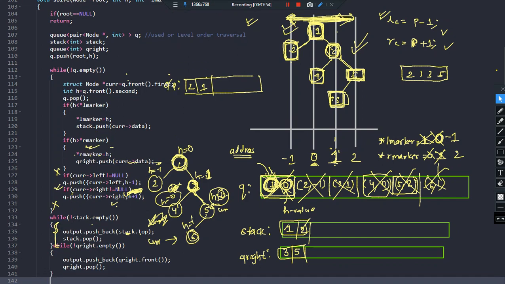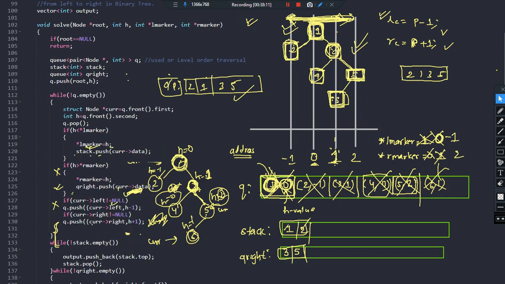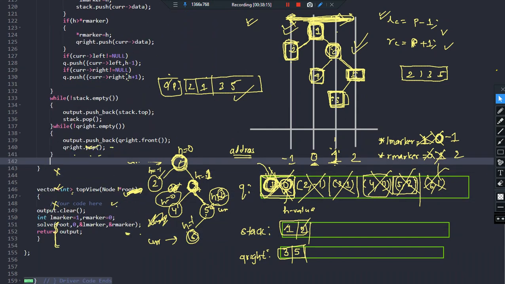That's it. So this way we will be successfully able to pop these elements 3 and 5 and insert here. So 2, 1, 3 and 5 will be my output vector's value. So 2, 1, 3 and 5, and this is the top view, right? So here it is. We were successfully able to write this particular code, and you can see after this you don't have to do anything. We are just going to return the output.